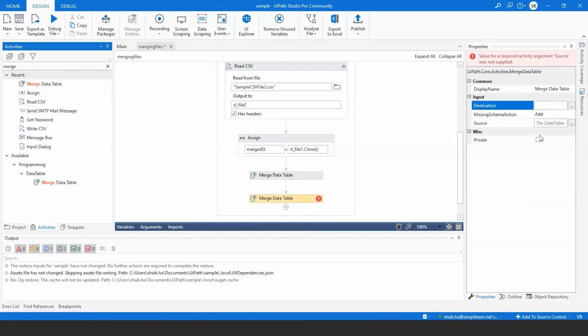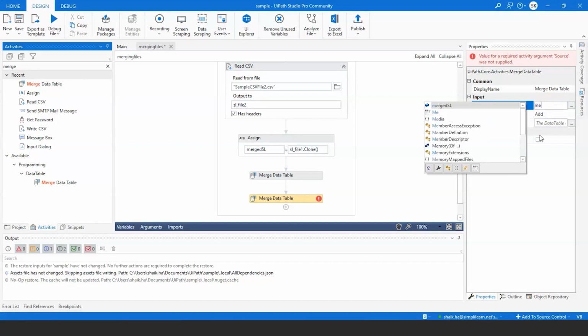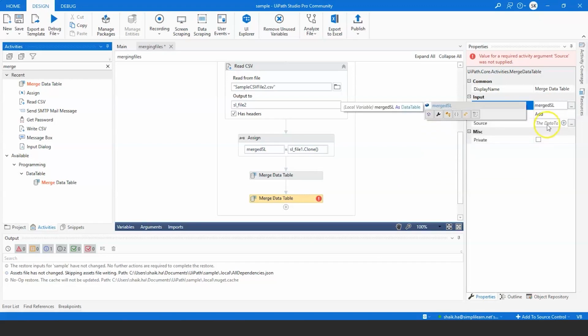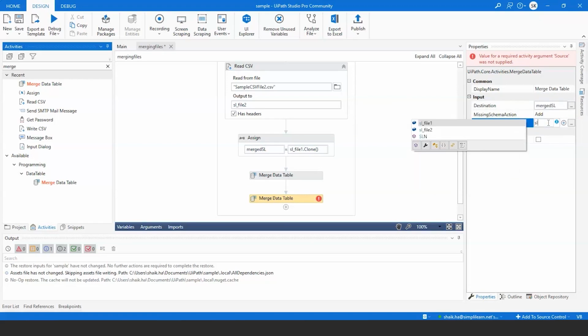Similarly, for the second merge data table, the destination remains the same. The source will change to SL_file2.